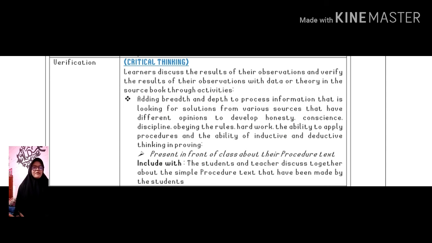Okay, now we are talking about the critical thinking in verification. So, learners discuss the results of their observations and verify the results of their observations with data or theory in the source book through activities, adding breadth